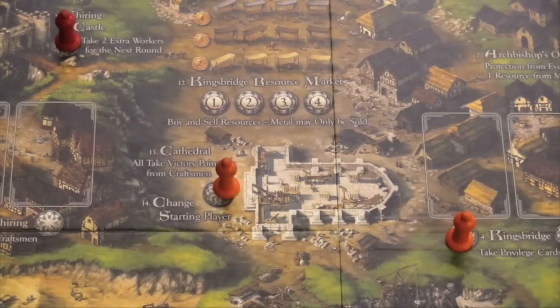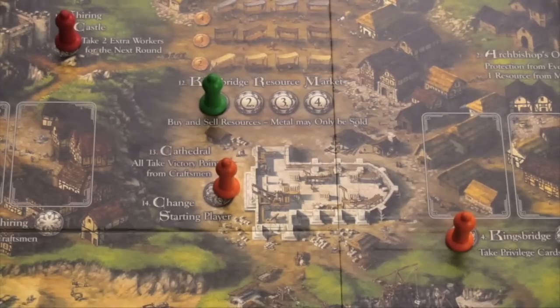Some games have workers that you have to pay to put down. Others, you can put down multiple workers in the same place. Some you can put down a bunch. And it's not always, quote-unquote, workers. Sometimes it's dice you're putting out. Sometimes it's spaceships. It all depends on the game.